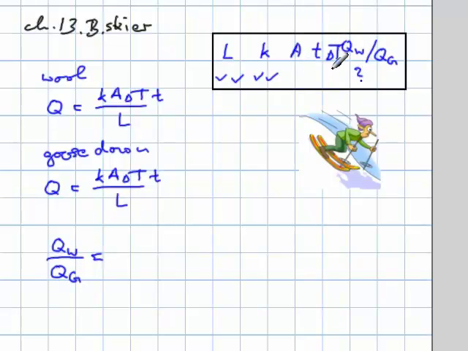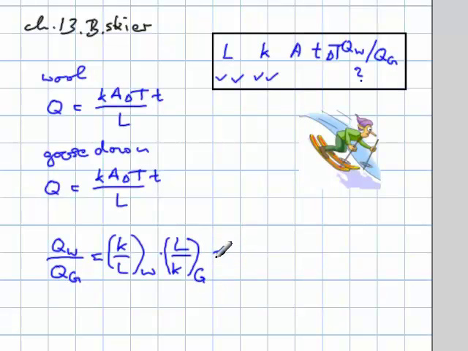There we go. So none of these is given, but they're saying that the A, the delta T, and the T are the same for either one of them. So when we determine the ratio between the two, they all divide out, and then what happens is that we have a ratio of the heat conductivities and the thicknesses because they were different from one to the other. So here I would have K over L for the wool times L over K for the goose, and of course that's the reciprocal because we're dividing by the goose down